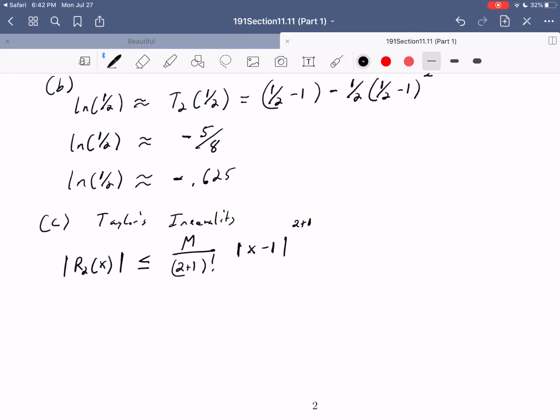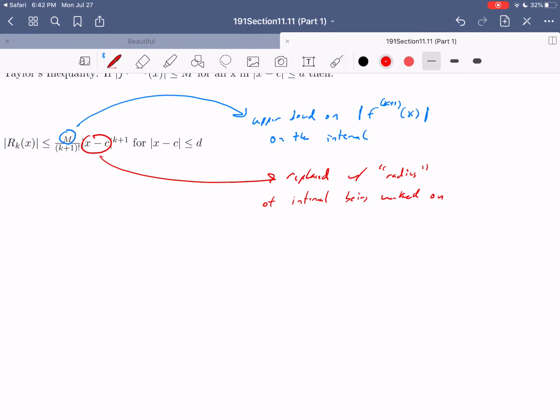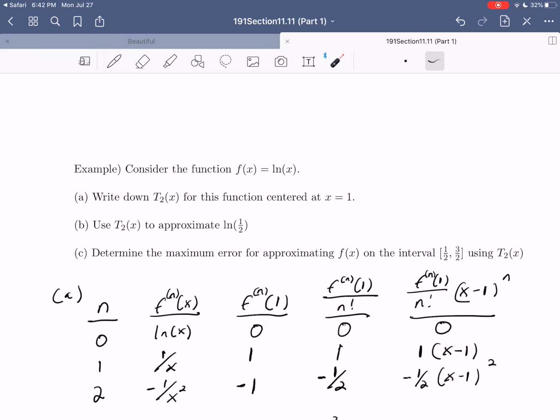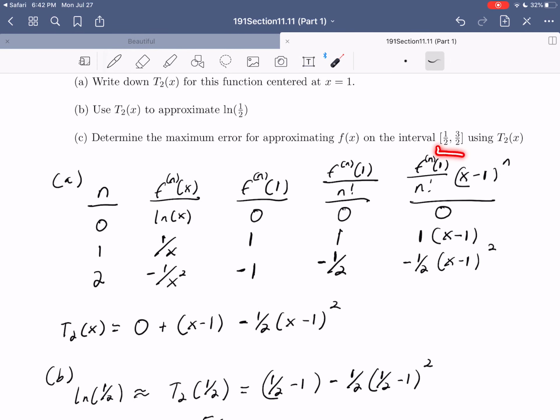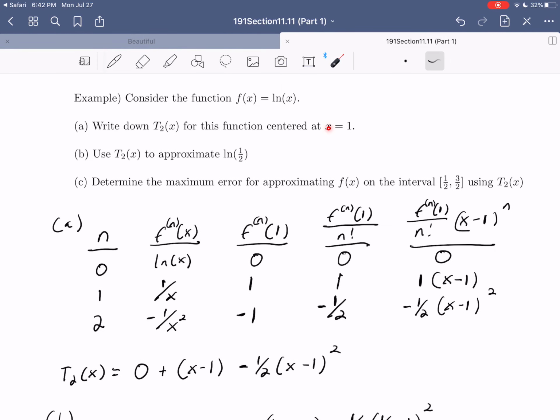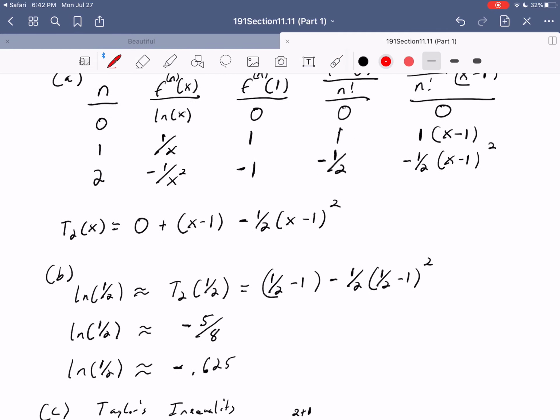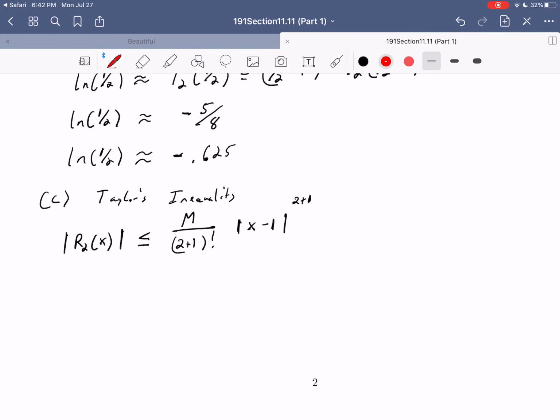Now, the first thing that we can do, based on what we discussed here, is talk about how to replace this. Remember, this is replaced with the radius of the interval that we're working on. So in this case, if you think about this interval, 1/2 to 3/2, you're working on it centered at 1, so the radius here is 1/2. So what we can say is, when working on 1/2 to 3/2, this component here,